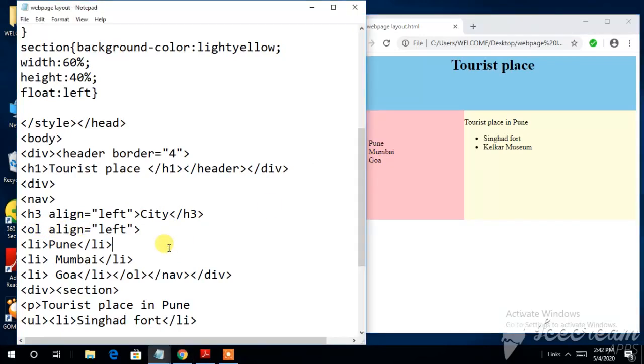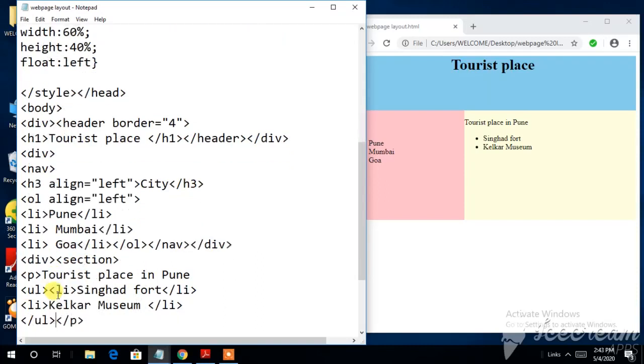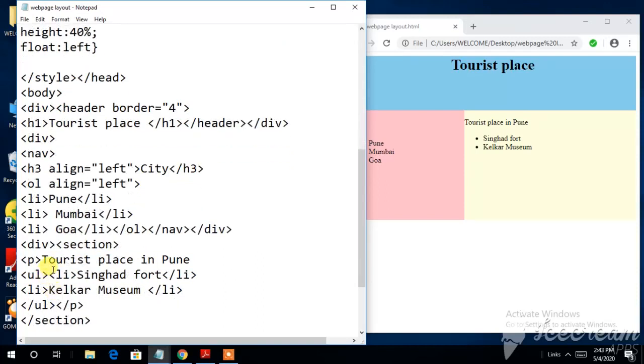Next, in this list I have put Mumbai, Goa, and so on. Then after this the division is closed, meaning the division part of the screen is closed. Now the next division part I am opening, that is another div. In that section I am putting Tourist Place in Pune. I had given it as a paragraph, but I don't want a paragraph, I just want heading H3. And putting here also